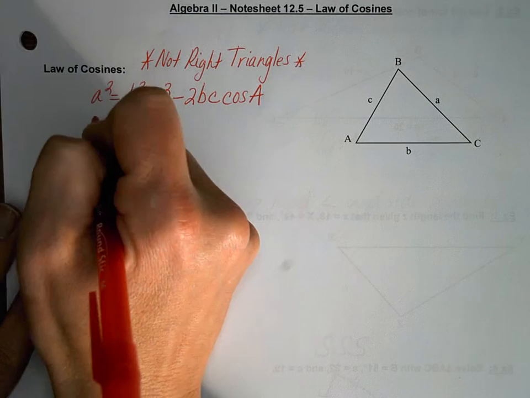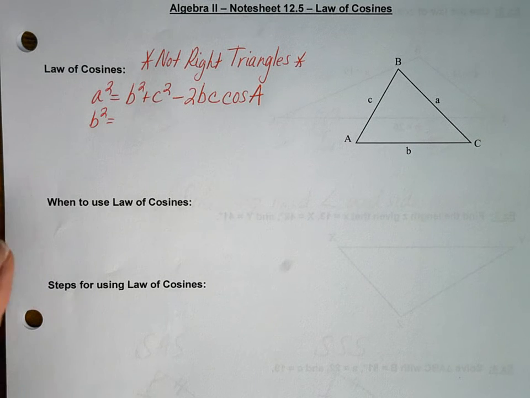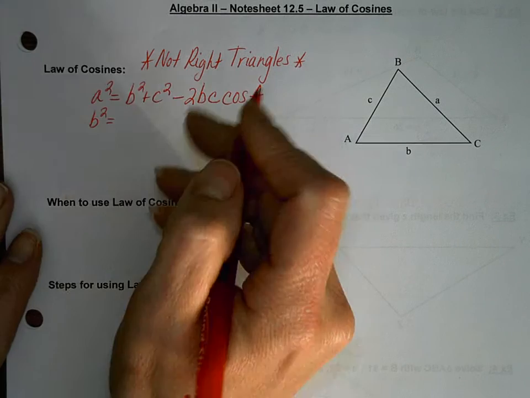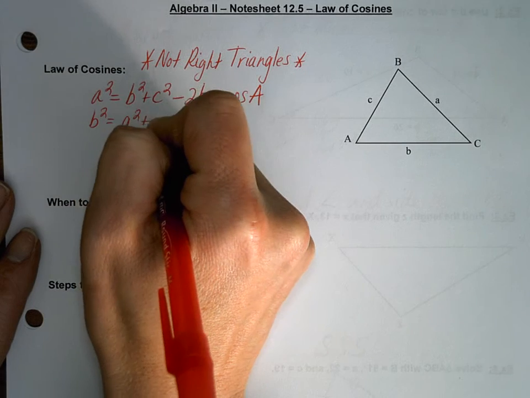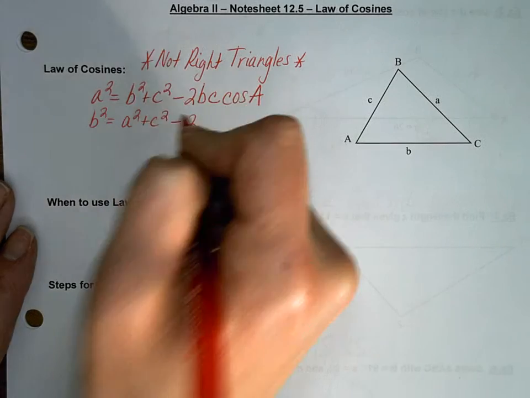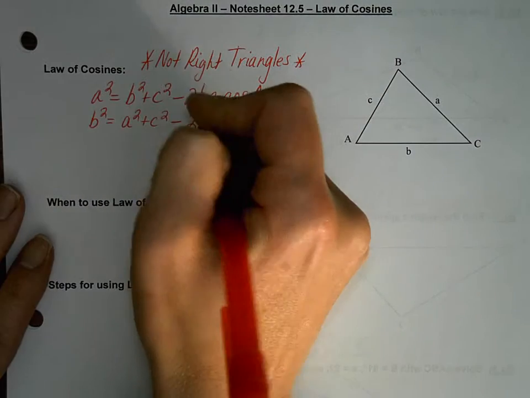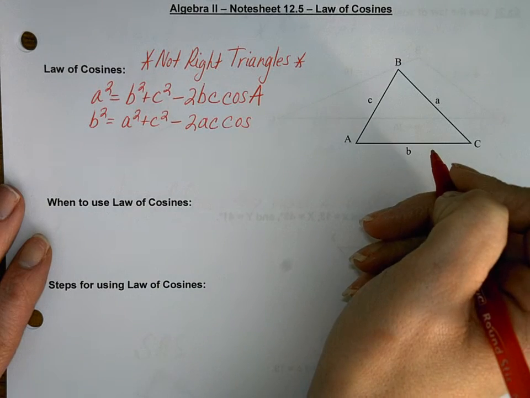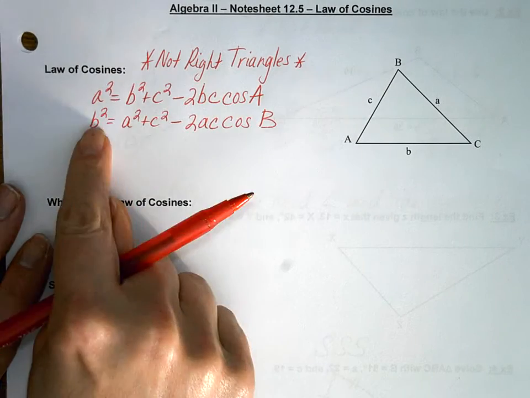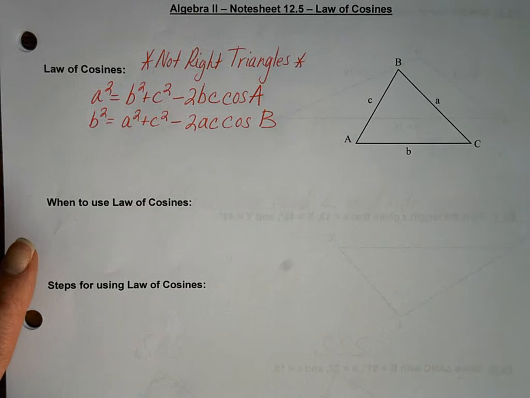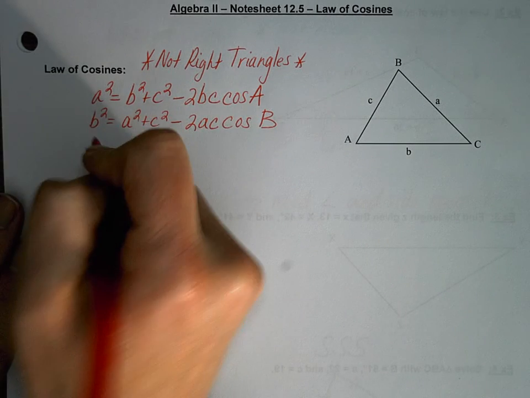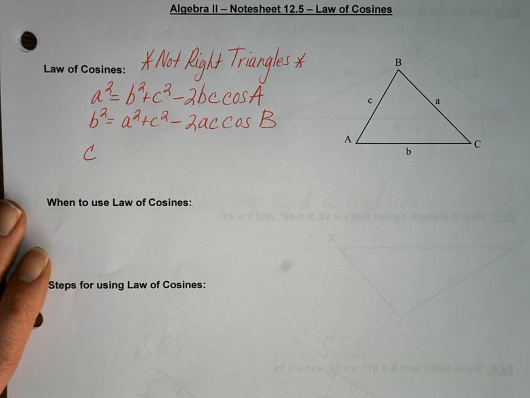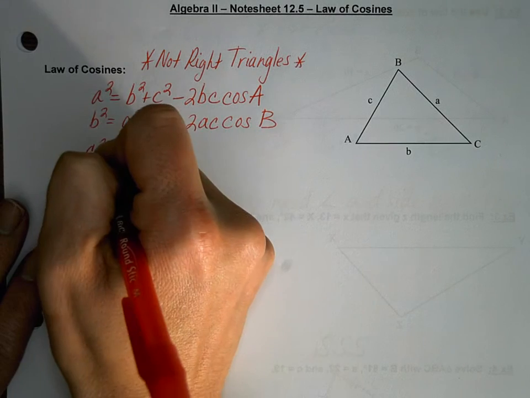All right, now if I wanted to find little b, b squared would be equal to my other two sides squared. Now, Natasha, what are my other two sides squared going to be? a squared plus c squared minus 2 times my other two sides, which are a c, times the cosine of angle B that matches little b on that other side. All right, Miss Maddie, if we're looking for little c, can you tell me what my formula is going to look like? Little c squared equal to